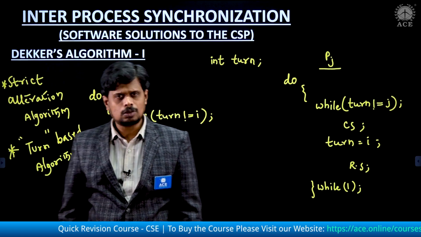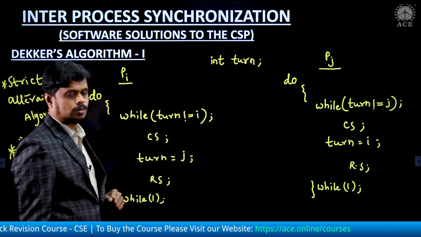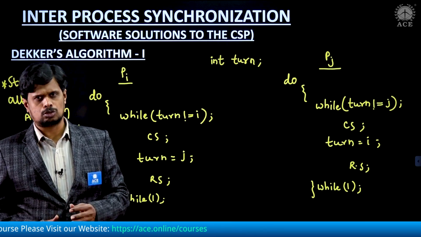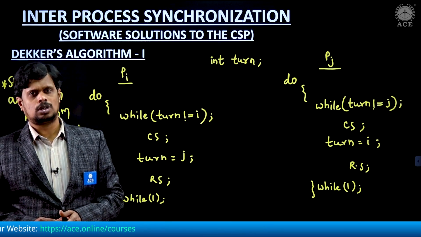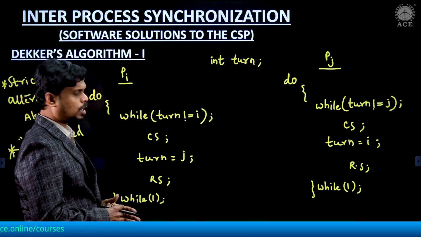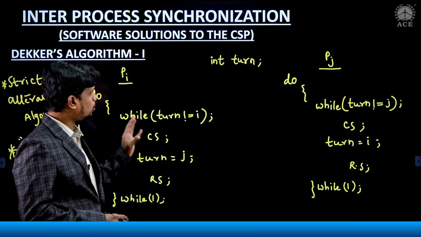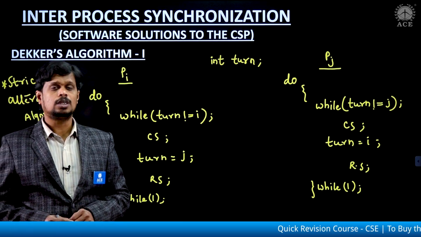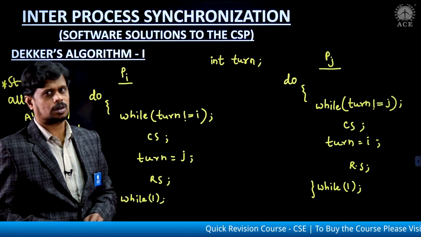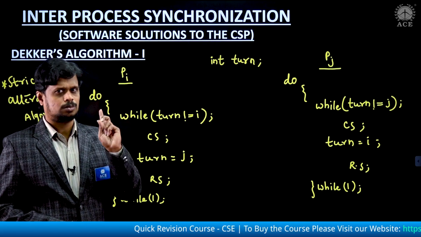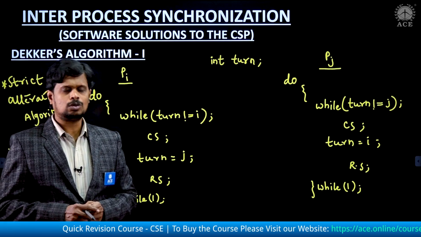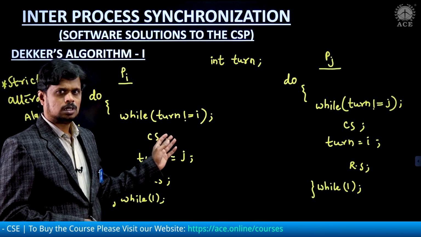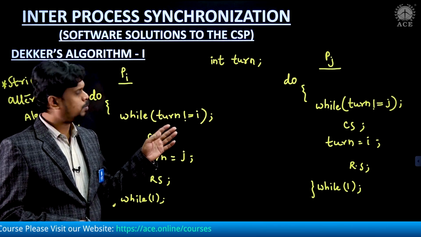Now we are moving to checking the requirements one by one. The first one is mutual exclusion. But one thing I should tell you here: we are checking this entire process Pi and process Pj in a uniprocessor environment. What is a uniprocessor environment? We have only one CPU. So if we allocate that CPU to Pi, or else to Pj,